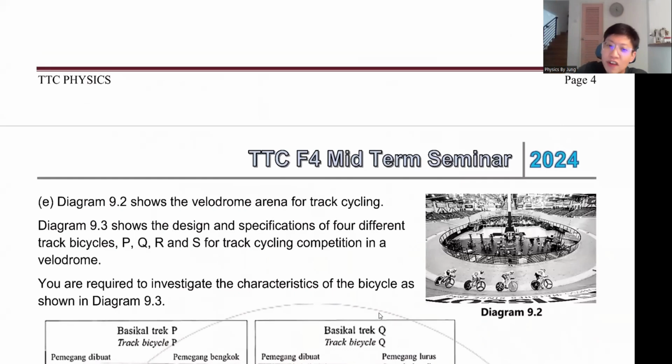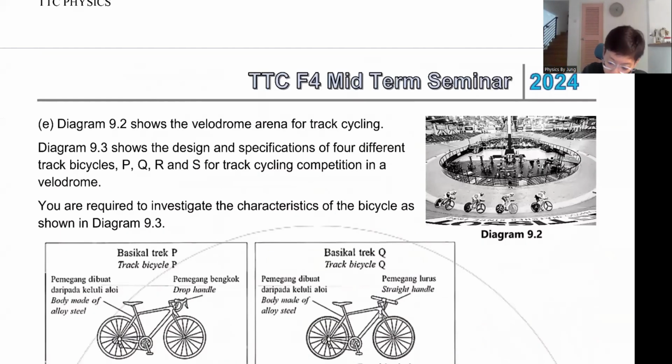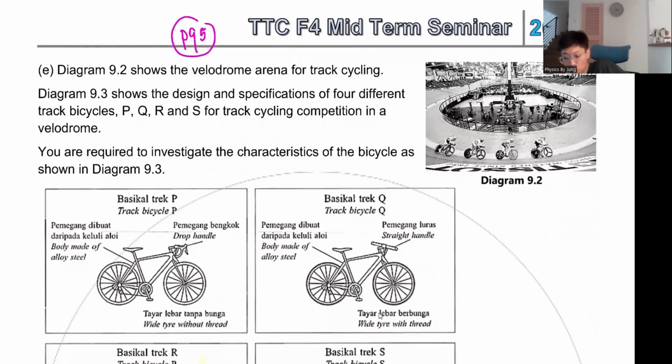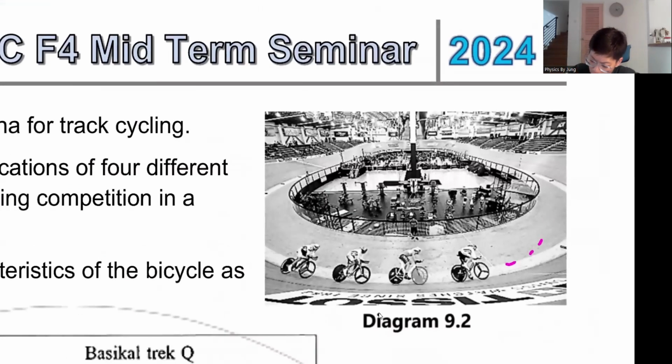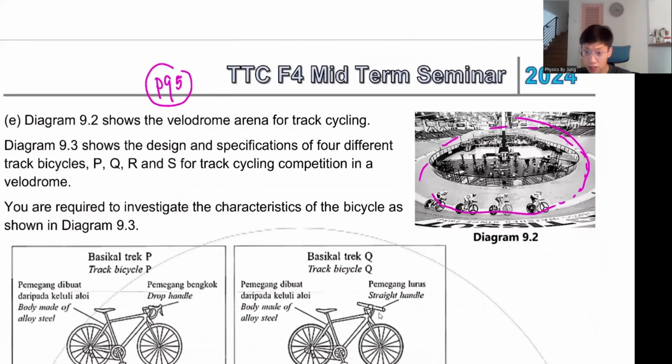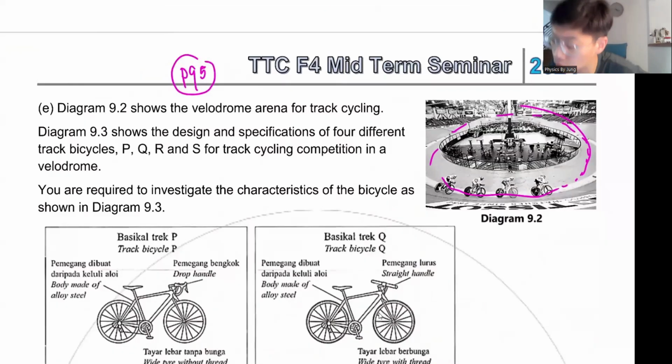Okay, so let's look at page 5. Okay, this is a velodrome arena for track cycling. So they will go for track cycling. So these kind of people, they will go cycling. Okay, this is like a hot topic also. Why? Because